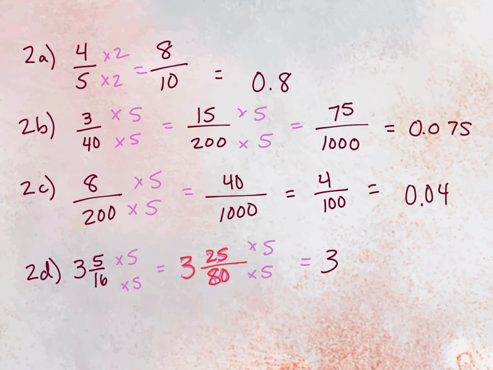So 80 times 5 is 400. Not 4,400. And 25 times 5 is 125. Then we can times by 5 another time. And that'll give us